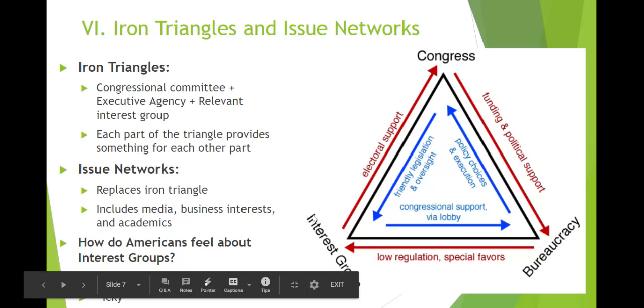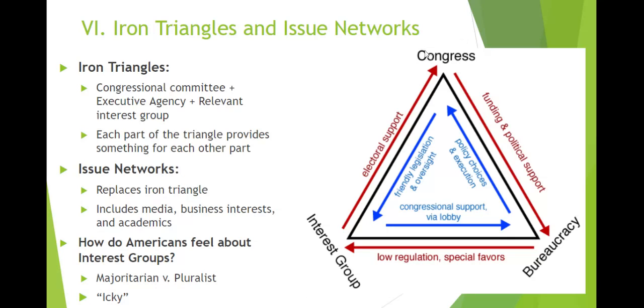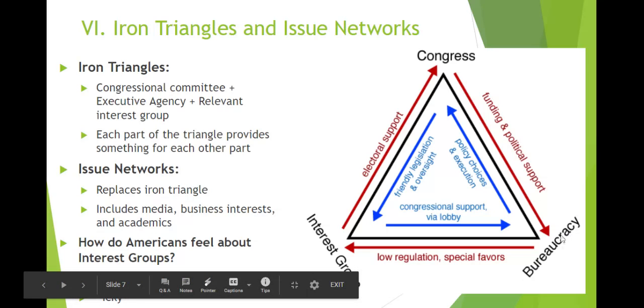Now we're seeing it for a third time. So it is important because you're seeing it three times. But as we've talked about, interest groups and their PACs are going to offer electoral support, right? A PAC is going to donate money to candidates, especially friendly incumbents on a relevant congressional committee, to get their support on an issue. And then the congressional committee is going to be responsible for advancing or defeating legislation. And once policy gets made, it's up to the bureaucracy to enforce it. And you can see that relationship here.